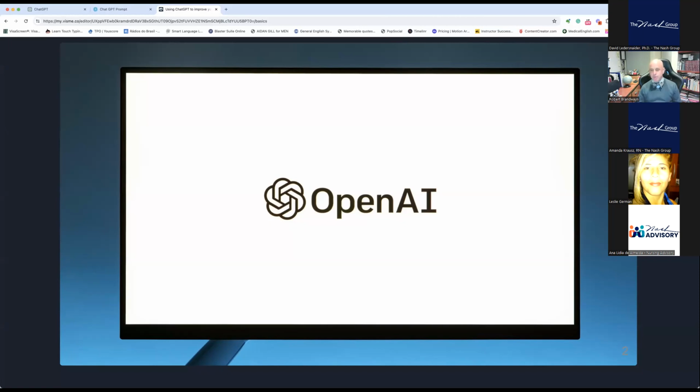Now, OpenAI is an American company, and the company itself was created in 2016. La compañía misma fue creada en el 2016. It's relatively recent, es relativamente reciente, but the changes across all areas of life are incredible. Pero los cambios a través de todas las áreas de la vida son increíbles.